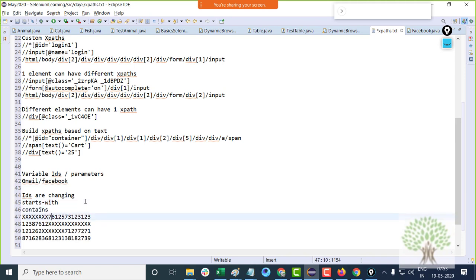Okay, for example, for this particular ID you can write something like // suppose it's a division. Okay, division whose ID starts with, and you can give the constant part.